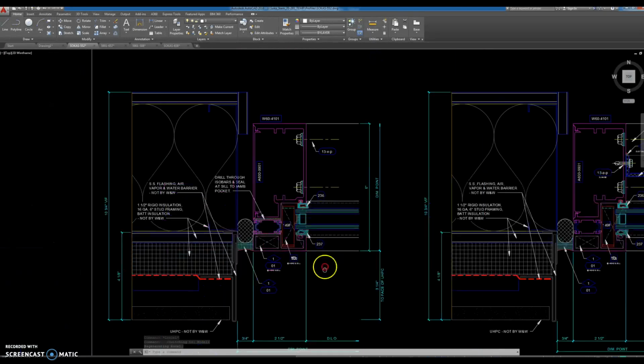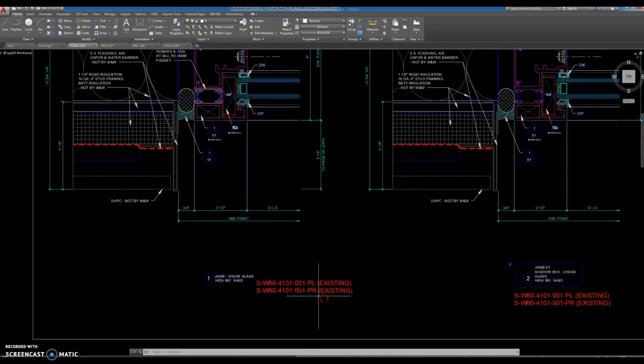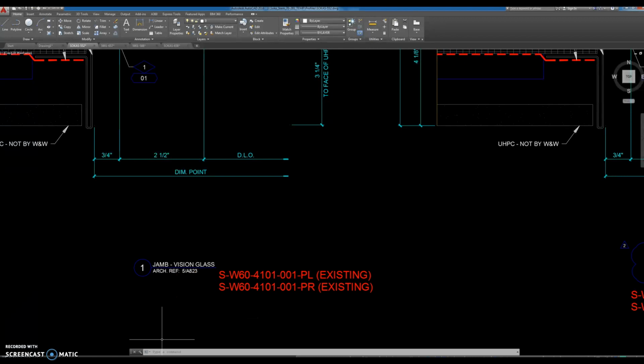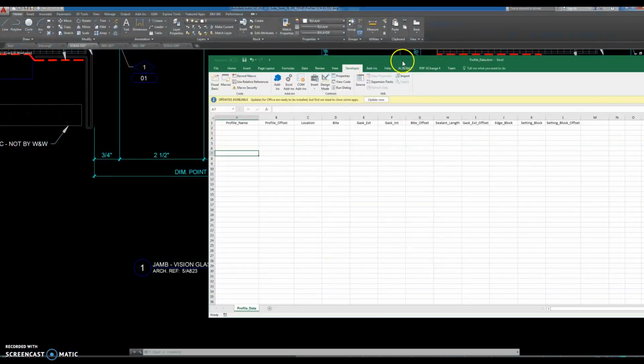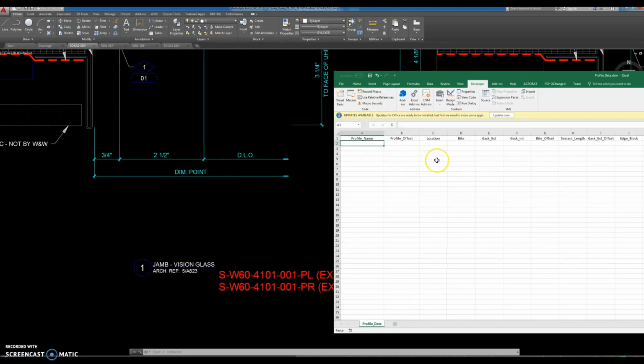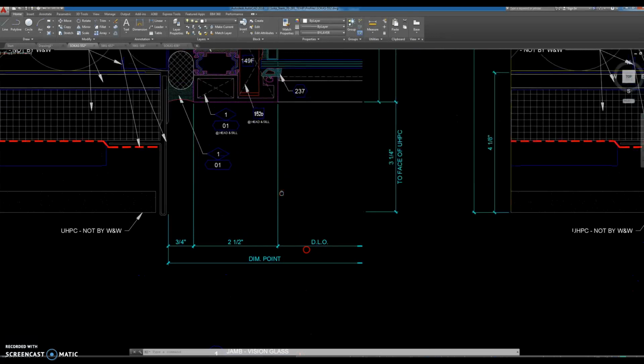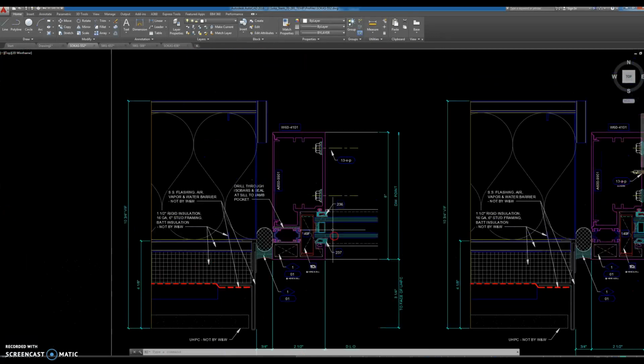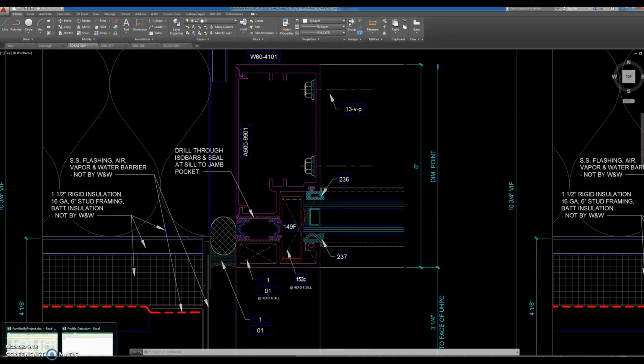and then you need to find the family that profile corresponds to. So in this case, we'll put an SW60 411 01. And it looks like for this family there's also a right, so put that in too. So looking at this profile,